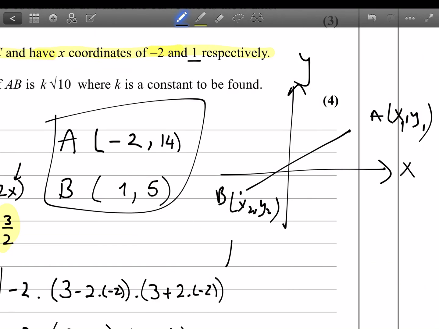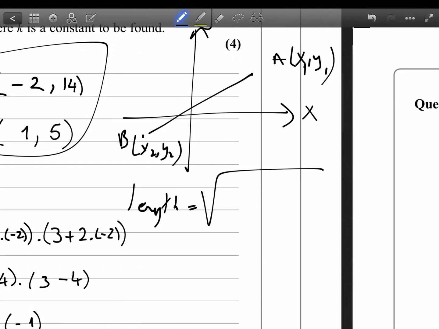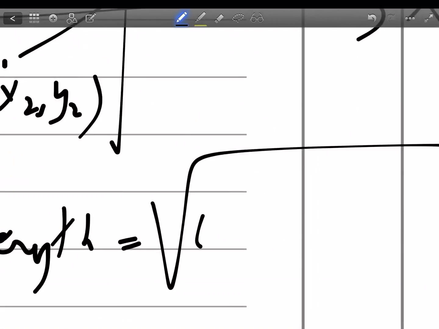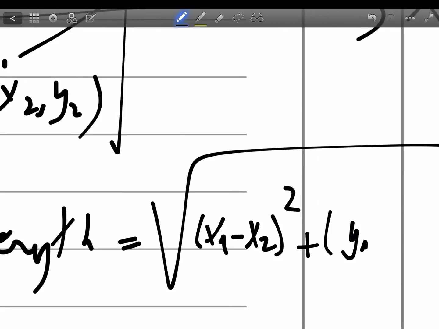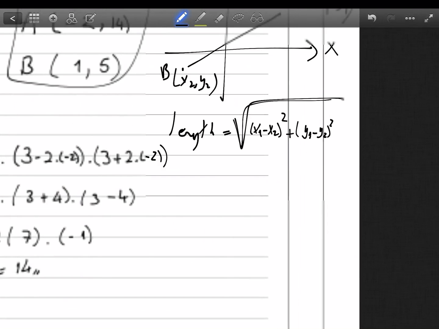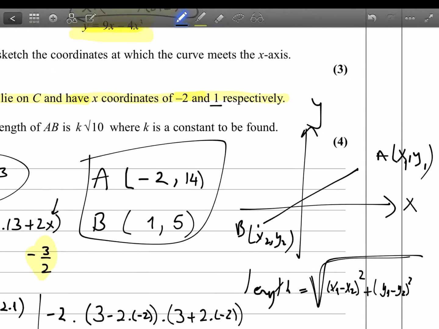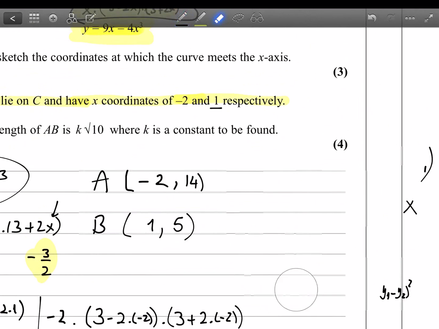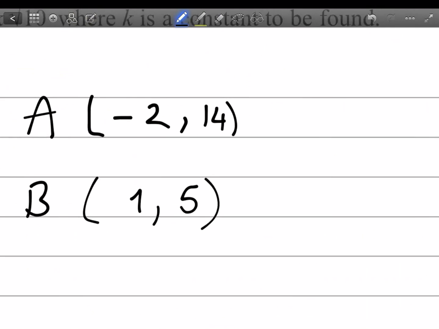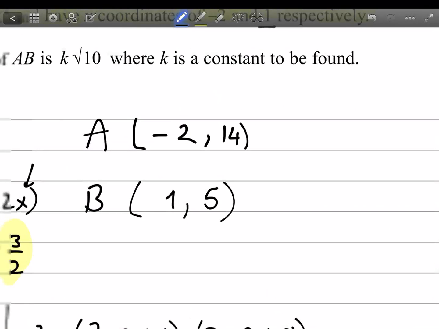Our length is the square root of (x1 minus x2) squared plus (y1 minus y2) squared. And so we can easily write the length. Length L is root of